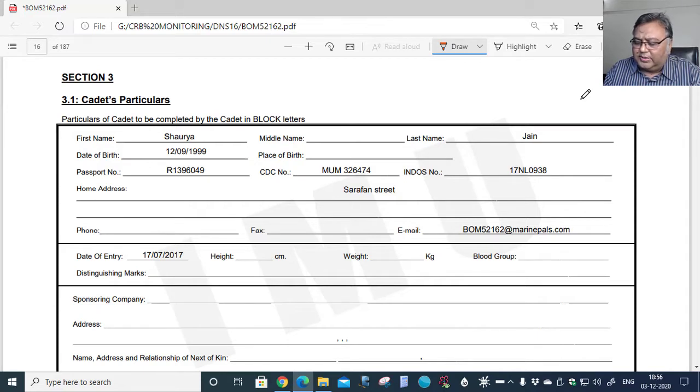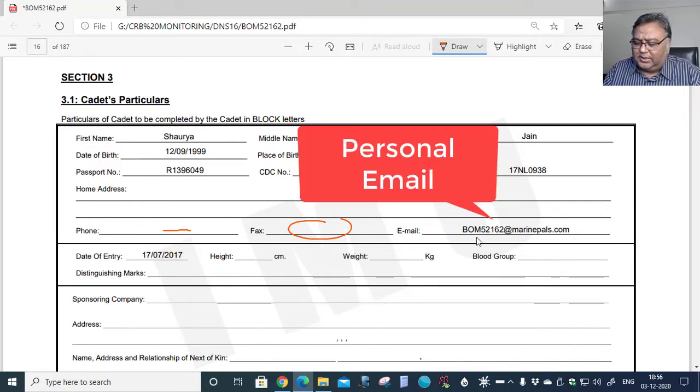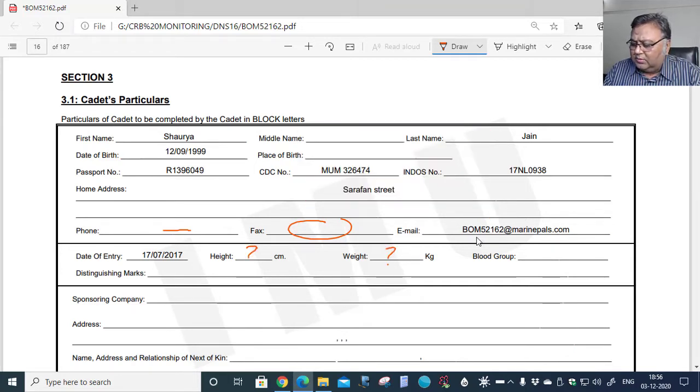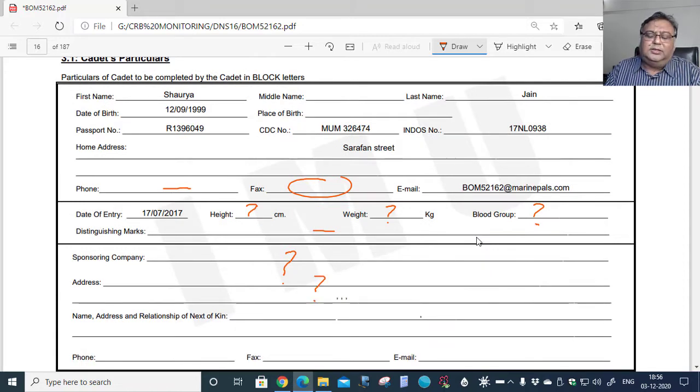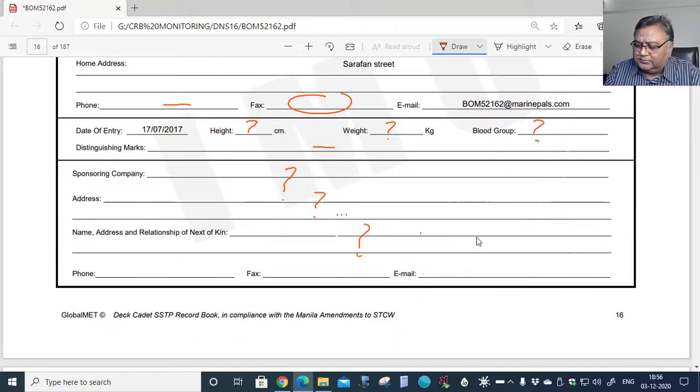So here the home address is missing, phone number, okay, fax no need, the email ID I would much prefer if you maintain your Gmail ID, then height, weight, blood group, distinguishing marks, sponsorship company, address. Well, these are static information which you are supposed to fill. Next of kin, phone number, fax, email.